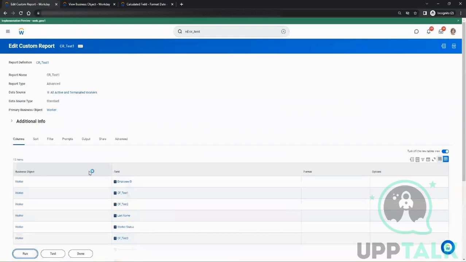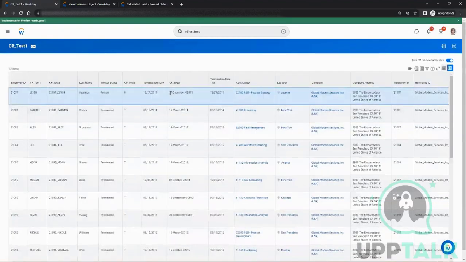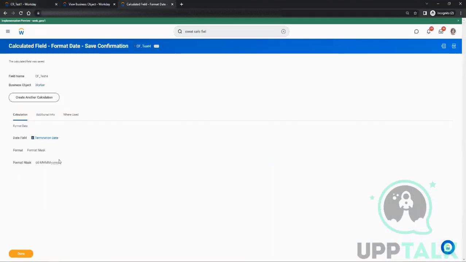So now let's run it and see how the format is coming. So you see here 27 and then full December. There is an extra 0. That means there is something wrong there. I have given 5 y's. That's why it is coming like that. If I edit it,